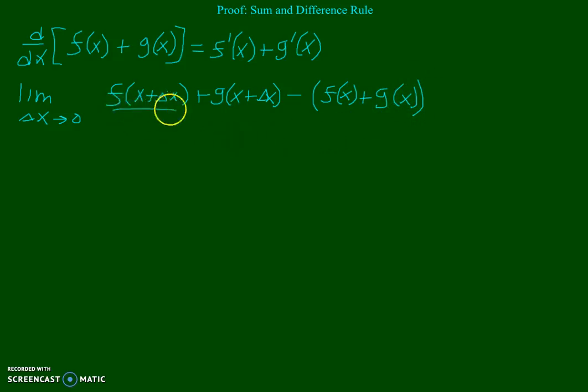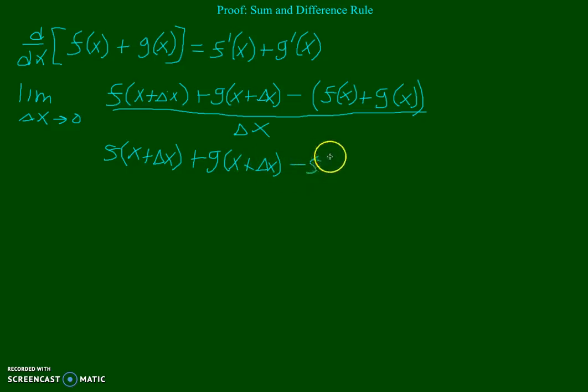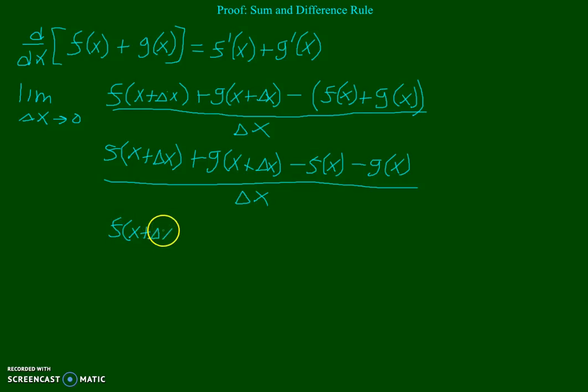And now that's all over delta x. So now we'll distribute this -1, and we have f of x plus delta x plus g of x plus delta x minus f of x minus g of x, and again that's all over delta x. We'll go ahead and regroup these terms so that they're a little more familiar to us, and we have f of x plus delta x minus f of x, and we'll put that over delta x